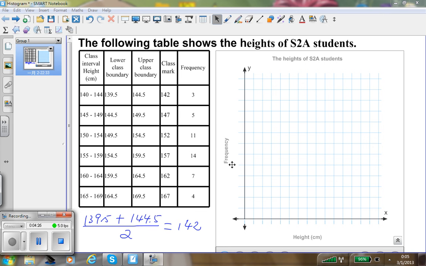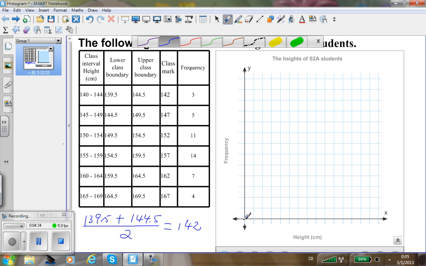When we look at the height, for the first class, the lower class boundary is 139.5. Usually the origin represents the value 0. If we start from 0 and, for example, use 2 squares to represent 10,